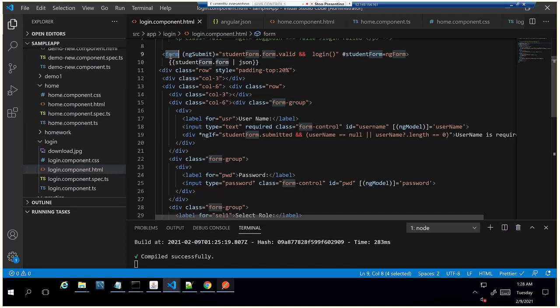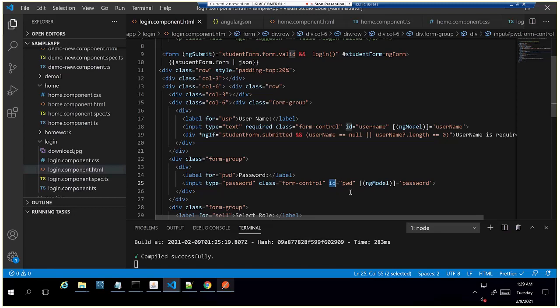Okay, so in the model driven form you write all the controls in the HTML, and in the reactive form you put everything in TypeScript and group them under groups, and then you reference that group only in the form in the HTML. For every control we specify the form control name, and we don't use the ngModel concept there. We use only form control. Form control get value means it will get the value from this input, and password control get value means it will return the form's password field data.